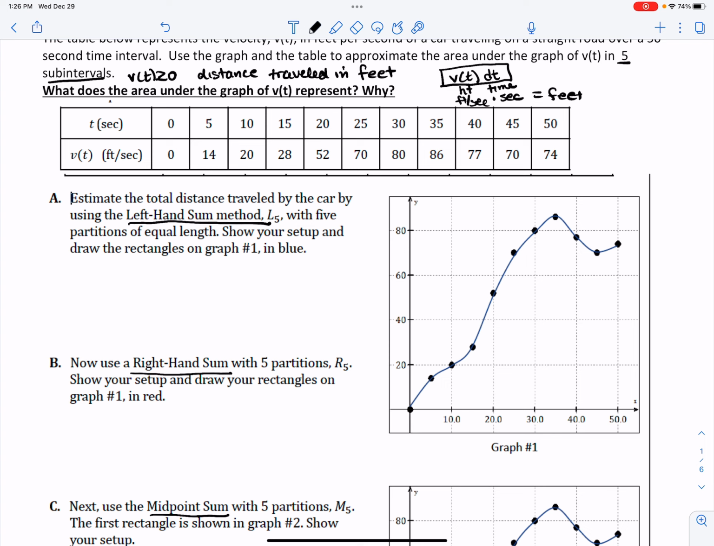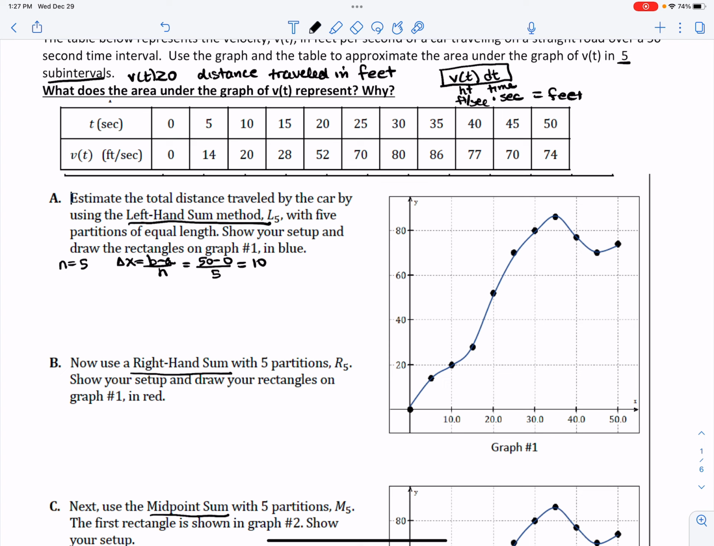So if we use 5 subintervals, n is 5. Delta x is b minus a over n. Because a starts from 0 and b ends at 50, and we have 5 subintervals, the width of each subinterval would be 10. If we wanted to make 5 equally spaced subintervals,